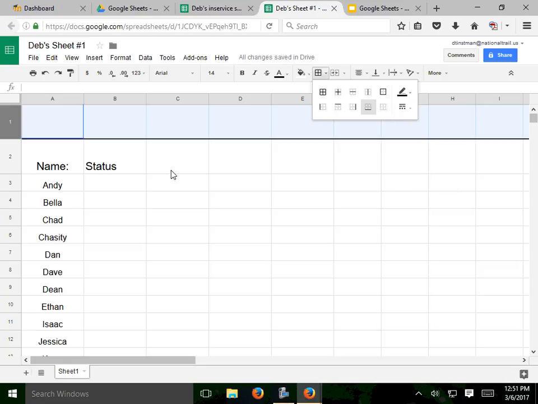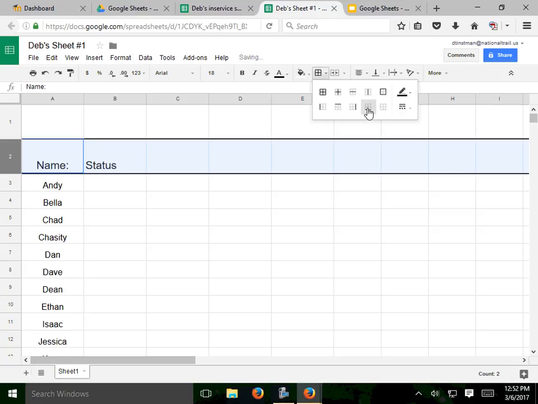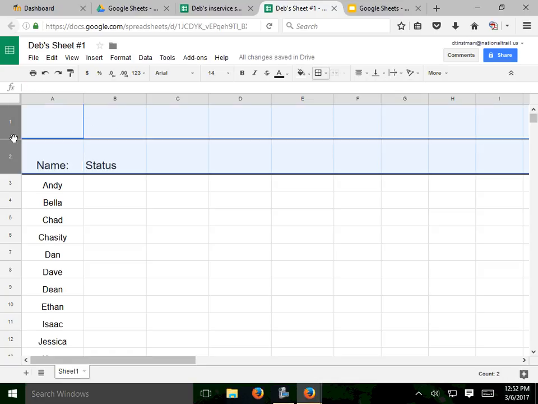All right, cool. Now this one, I'm going to do the same thing. I'm going to identify, again, the border right there, but I want this to be a little thicker. So I'm going to do this for that one. All right. Now, what I want to do is highlight these two, because what I want to do is create a